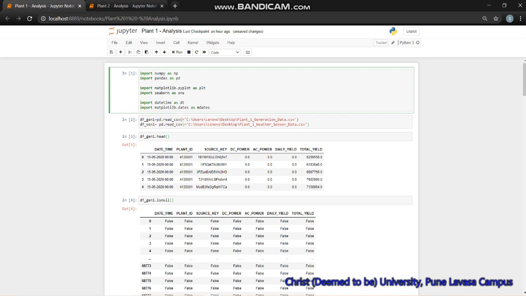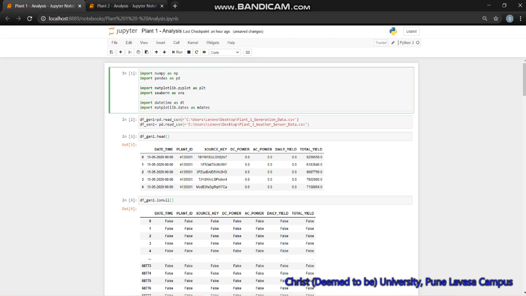So Pandas is basically a data frame management library which helps us organize the data into different data frames, which is basically a set of rows and columns. We also import Matplotlib and Seaborn, which are some visual aids which helps us to graphically represent the data. And we'll import datetime and matplotlib.dates, which helps us analyze the data from a time point frame of view.